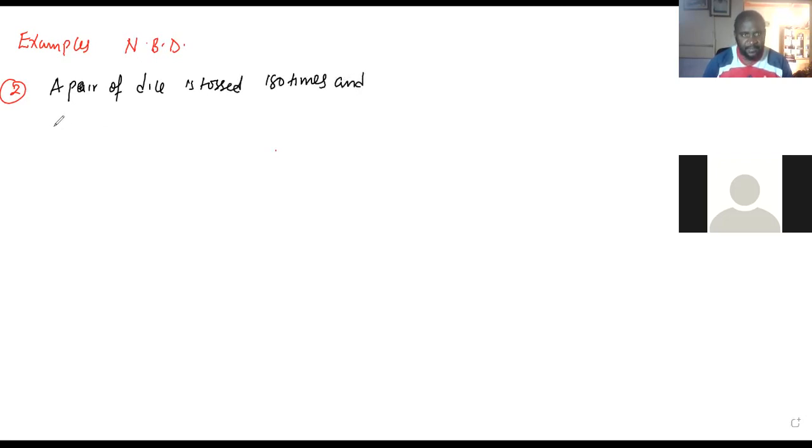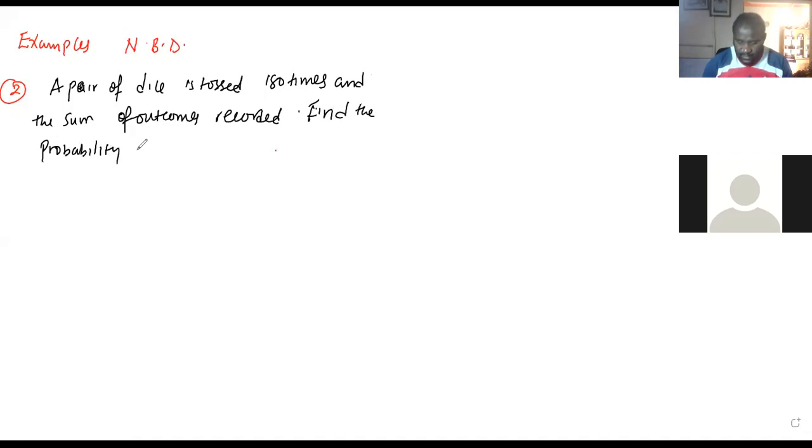Okay, there is an example I've sent them. Normal approximation to binomial distribution. There's an example which says it has number 2 on it. A pair of dice is tossed. It is a short question, even if I write. It is tossed 180 times and the sum of the outcomes recorded. Find the probability that a sum